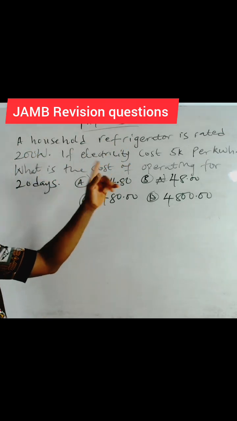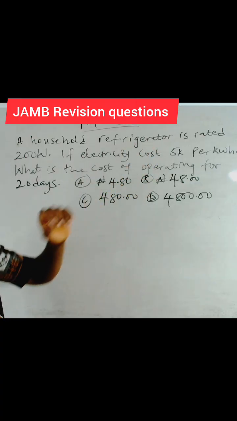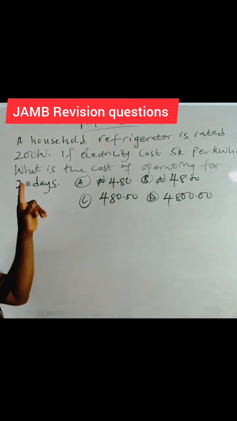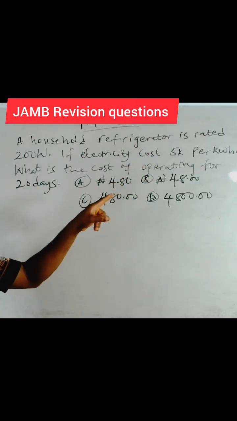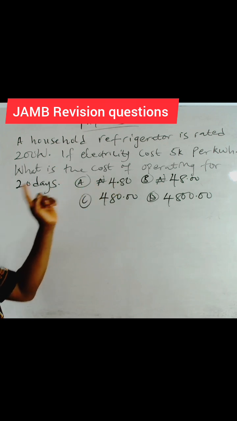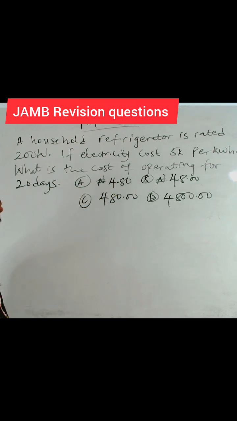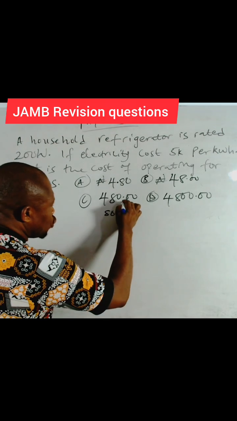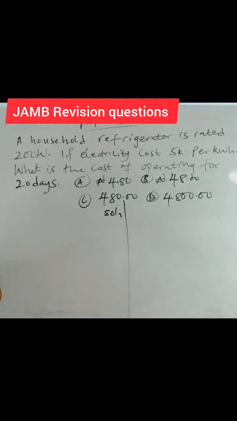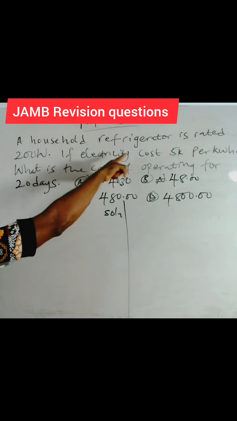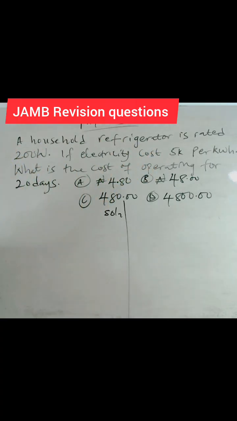If the electricity costs 5 kobo per kilowatt hour, what is the cost of operating it for 20 days? Now, if you want to operate this refrigerator for 20 days, the solution to this problem is,